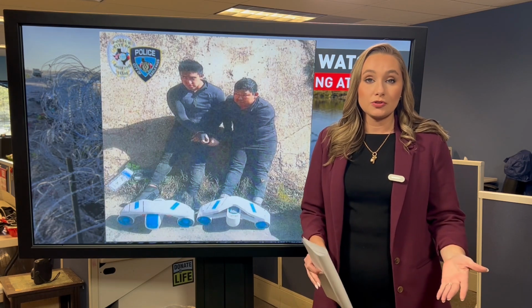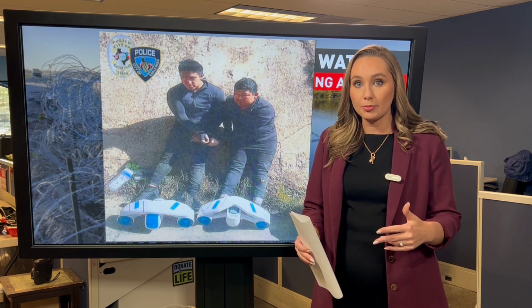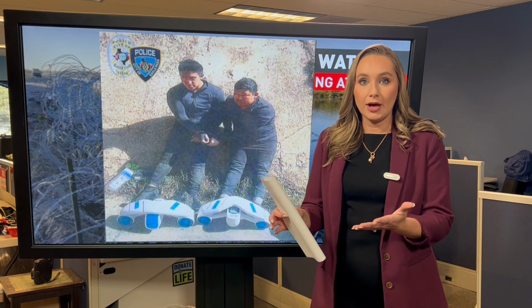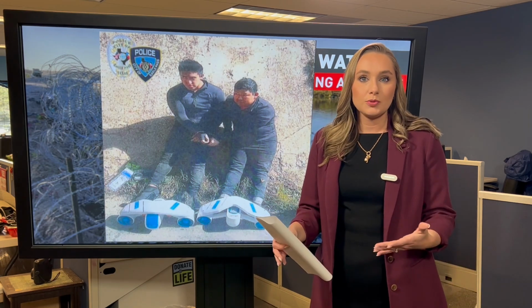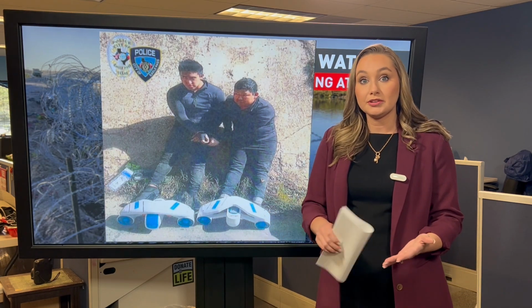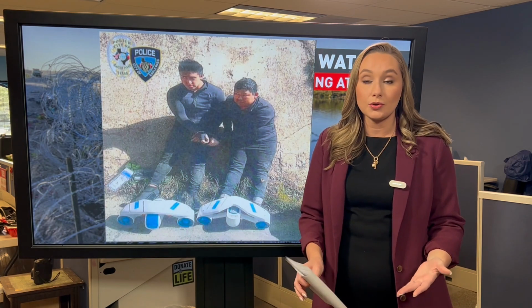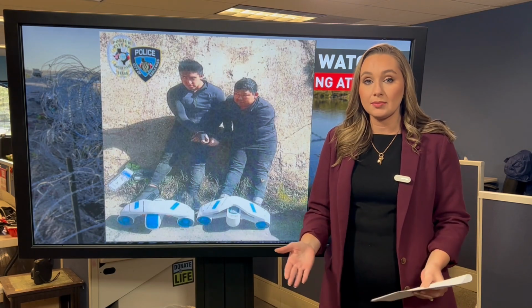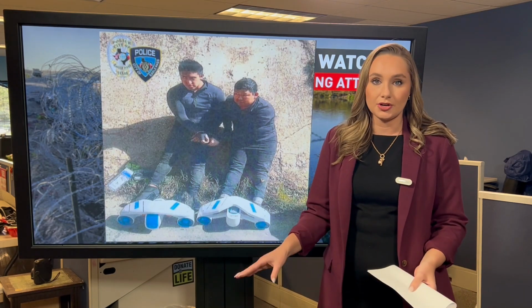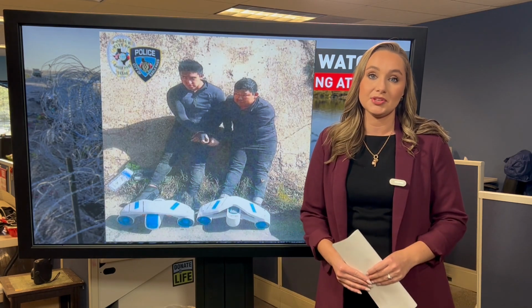And then Border Patrol agents say they're noticing a new trend as well, where people will cut pieces of carpet and then attach them to the bottom of their shoes, and they call them carpet shoes, which is fitting. Essentially what this does is it makes it so that you don't leave footprints in the dirt at the border, so it makes it harder for agents to follow you. Again, crossings are way down, and authorities say that they're usually able to apprehend people, especially in these creative attempts, but they say this is really just the beginning, probably, of the attempts that we're going to see in the